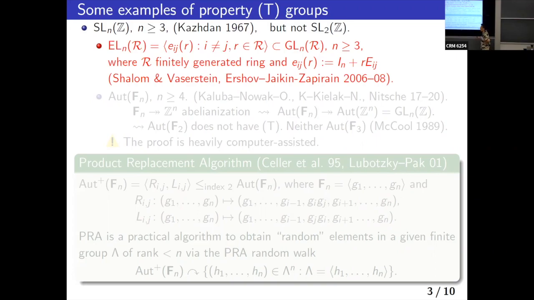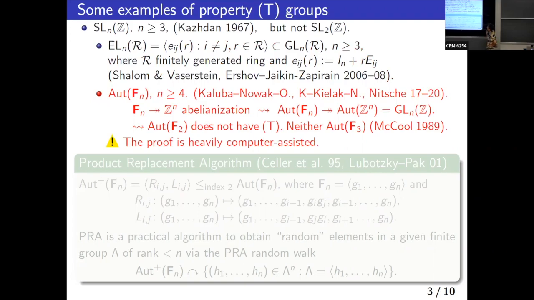Now, R needs to be finitely generated, otherwise the group is not finitely generated. This was proved by Shalom and Vaserstein in the commutative case, and also by Ershov and Jaikin in full generality around these years. Another generalization of SLnZ is Aut Fn, because Fn maps to Zn by abelianization, and so